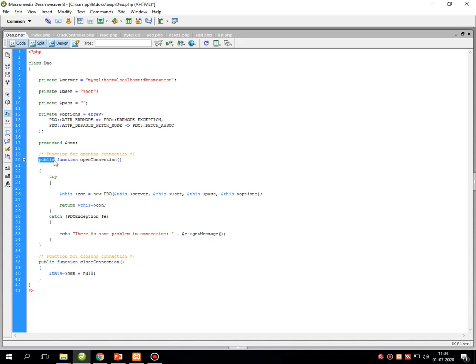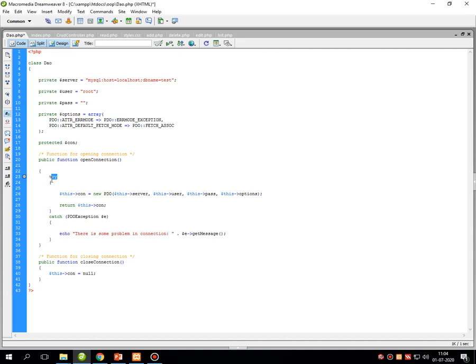So students, you can see that in a single file almost all my visibilities have been given, that is public, protected and private. Now in this open connection, there is an opening bracket and the closing bracket of this function.